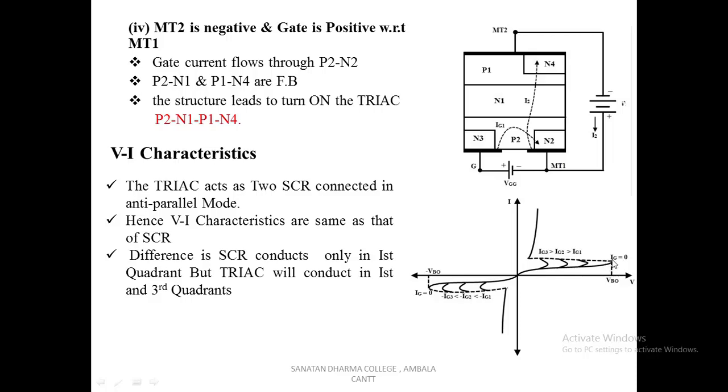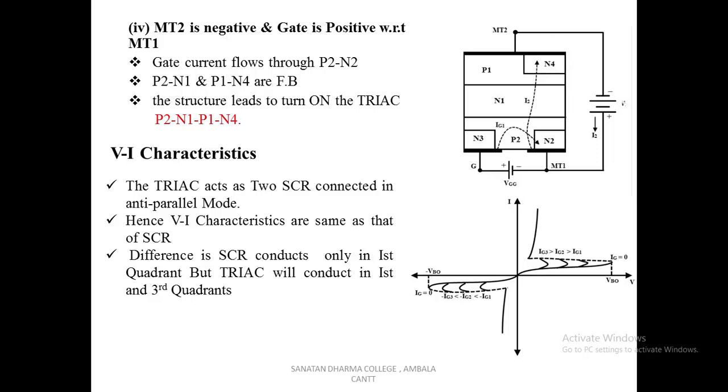This is the case when Ig is equal to 0. As soon as I go on increasing Ig, the breakover voltage will be reached earlier and the current will start flowing at the earlier stages. Similarly for the negative also, when Ig is equal to 0 and we have negative voltage, the current will start flowing and will follow the same pattern as in this quadrant. So in case of Triac, we have the current